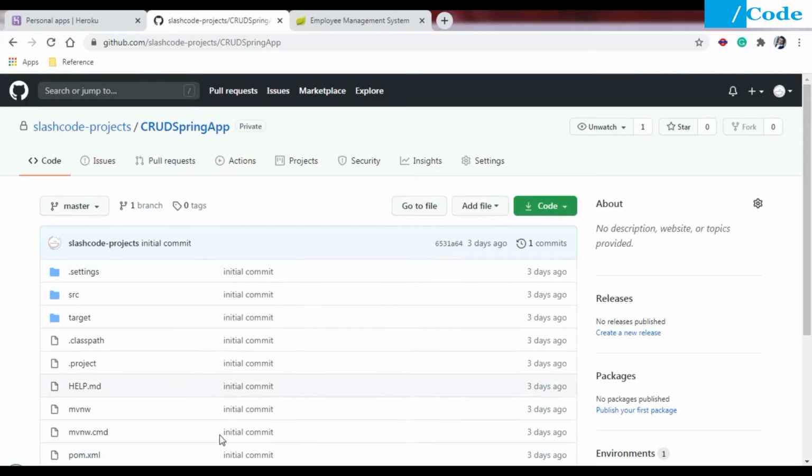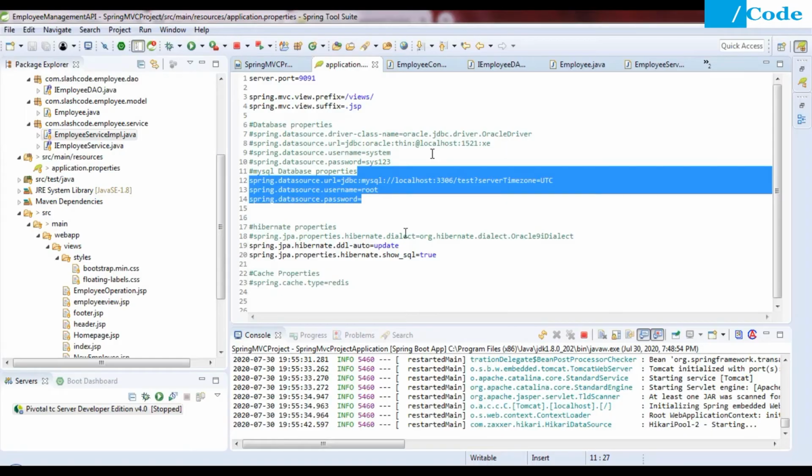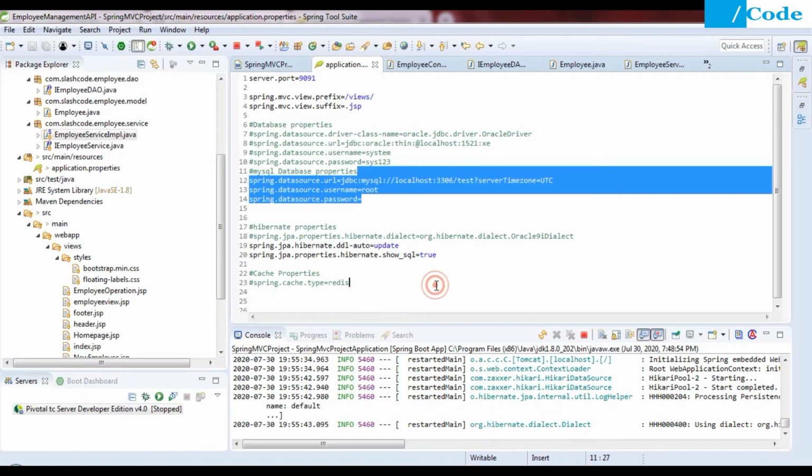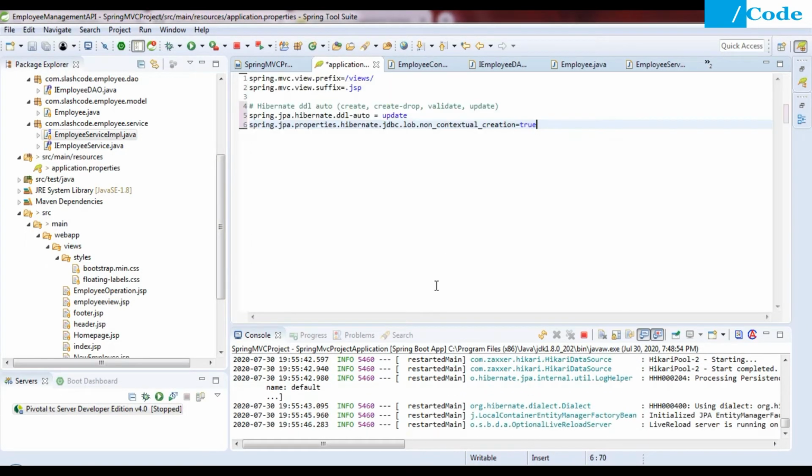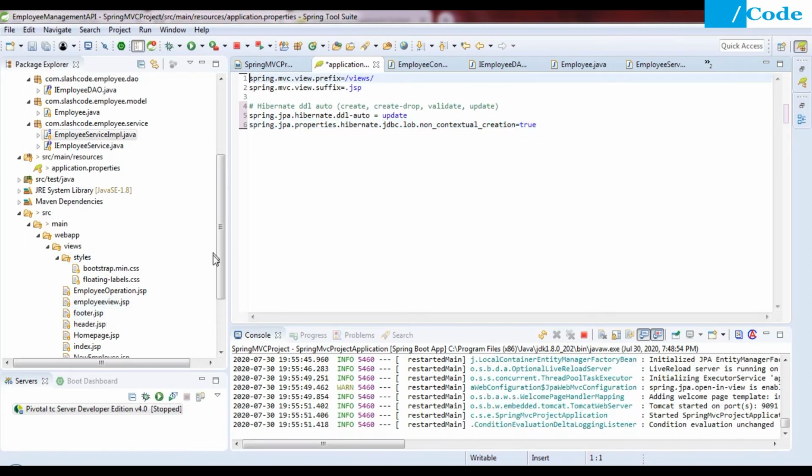Let me paste this into application.properties, and I will explain one by one what these things are. This prefix and suffix is for my view resolver, like I have the web app, then we have the views here, and inside that I have the multiple JSP files, and this is the suffix for .jsp. And update is to update my database.